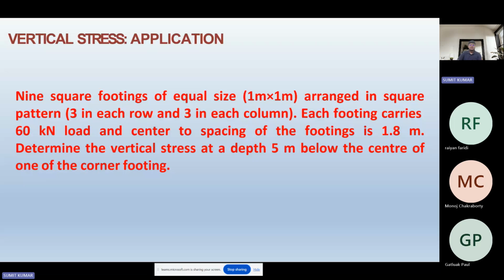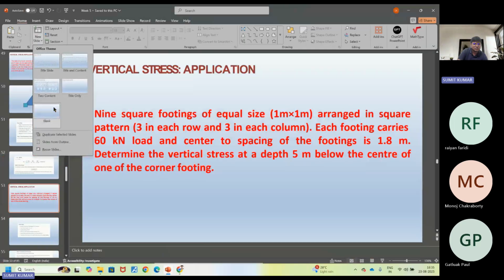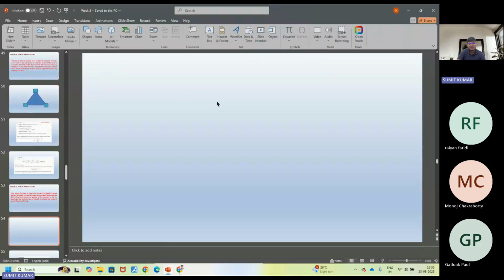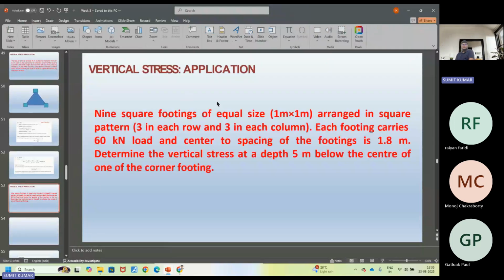Determine the vertical stress at the depth of 5 meter below the center of one of the corner footing. Okay, so let me again take a new slide and explain this. So he's saying that 9 square footings of equal size 1 by 1 meter are arranged in the square pattern,